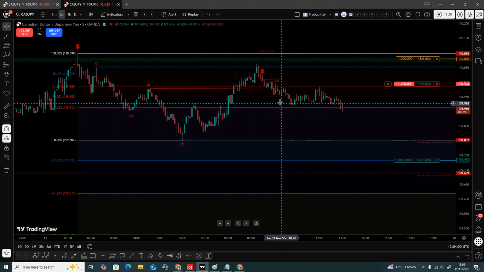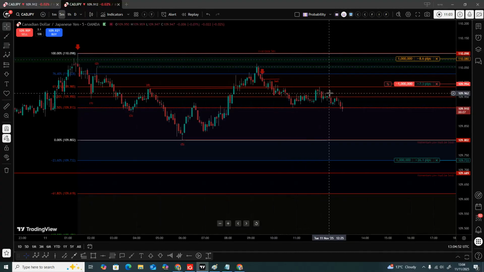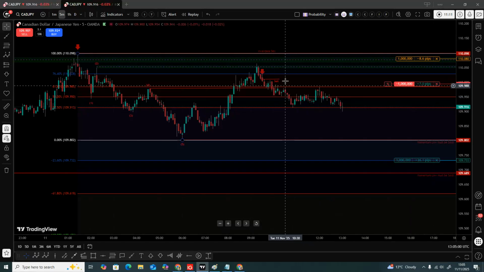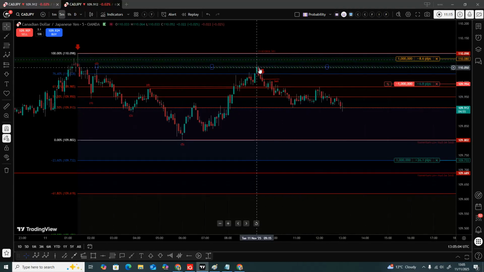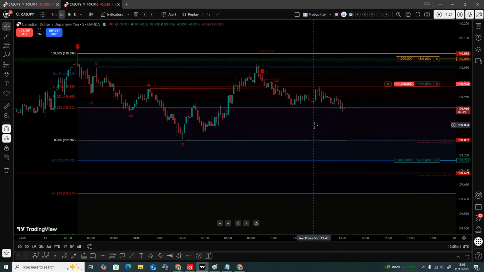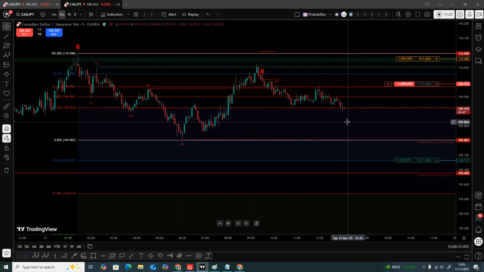These are the areas where people bail out of trades because they think, oh, it's going up, it's going up, it's going to take me out. Then you close it at 1 pip. But this is your invalidation point there. As long as this price did not come above here, you stay in the trade unless you have an opposite signal,